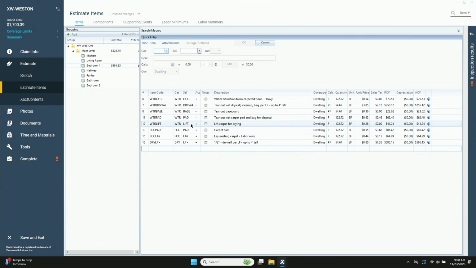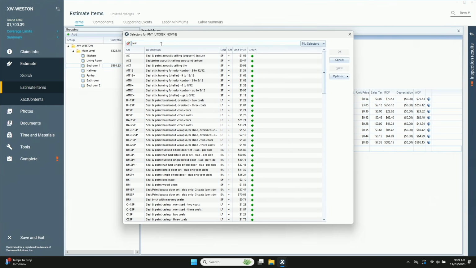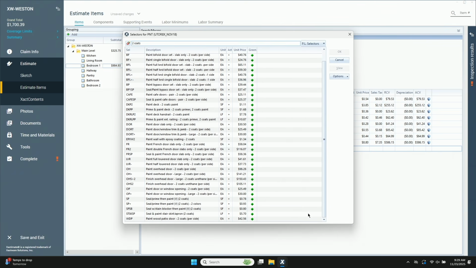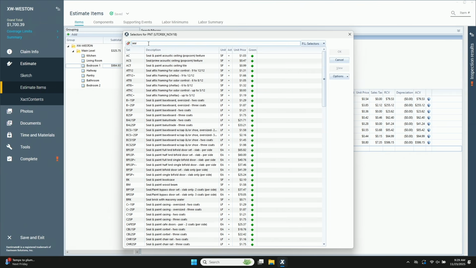Seal and prime, then paint the walls 2 coats. So PNT, probably SP. Seal, hold on, let's do this. Seal. Let's do this, 2 coats. I'm trying to narrow it down by typing in what seems like it would be the most unique about that particular line item, but that's evidently not it. So we're just going to go seal. Well, let's do 2 coats. That's probably